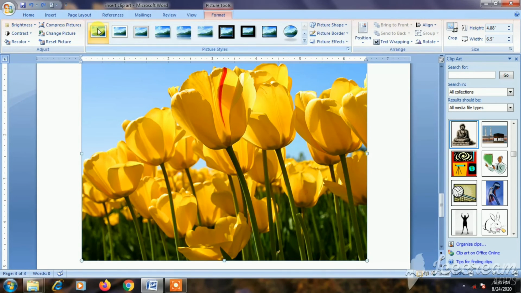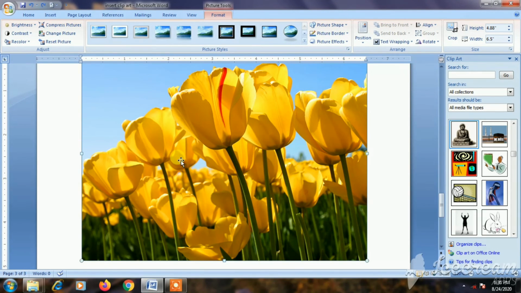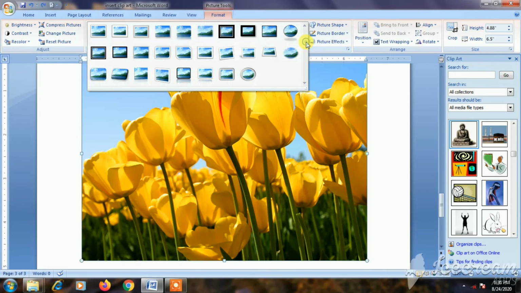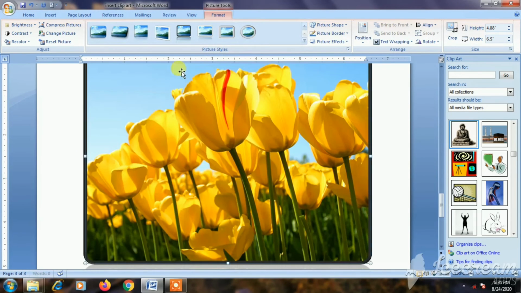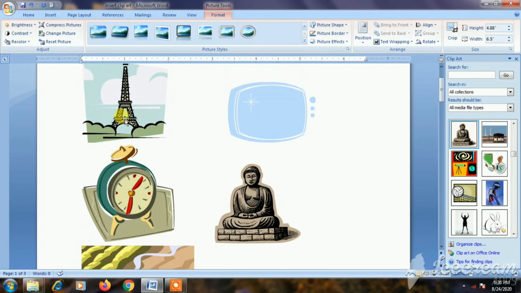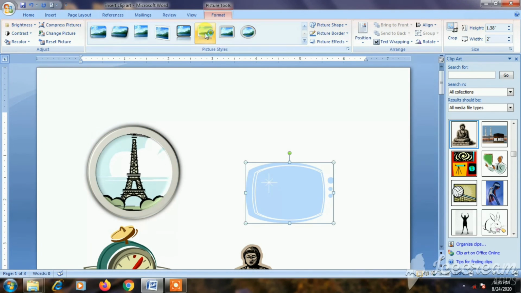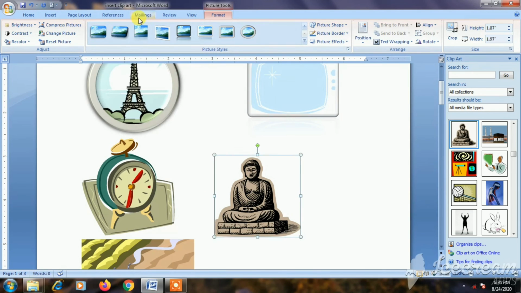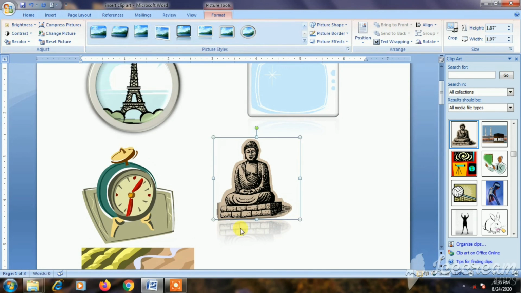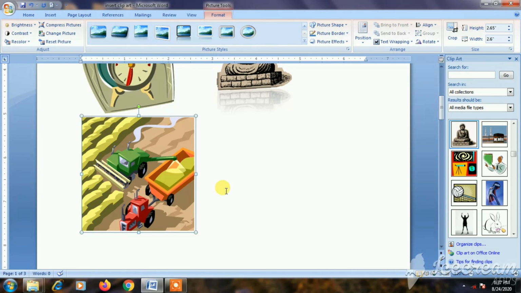The next one is picture styles. It changes the shape of the image, that means it applies some borders to the image. Circle and thick borders, light borders, and it shows the shadow of the image. So many picture styles are there. We can select whatever style you like. You select it and the picture is changed according to the style you selected. Did you see the difference between the original image and the image after that style appears? Did you see the images after you apply the styles?